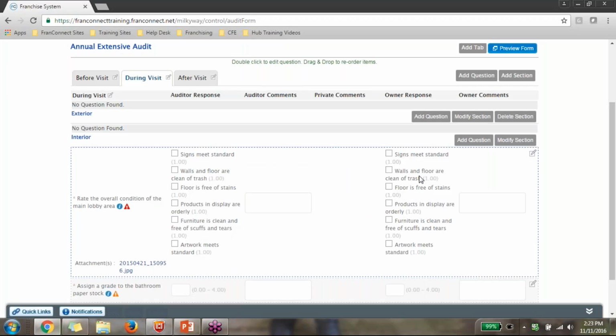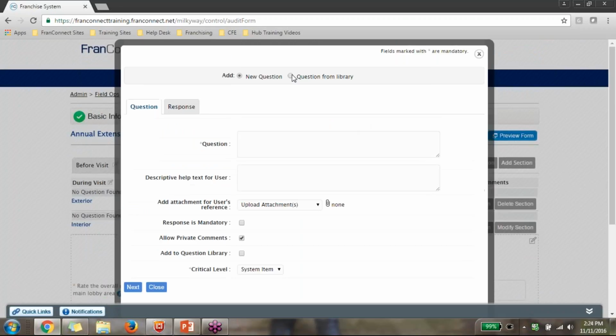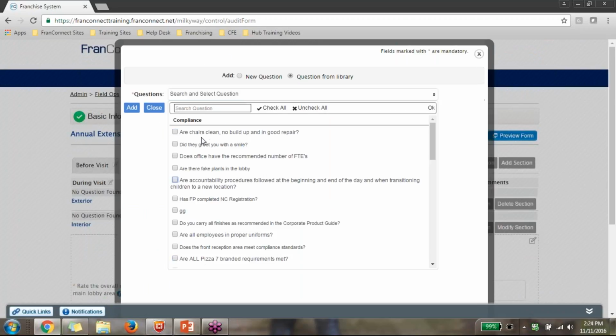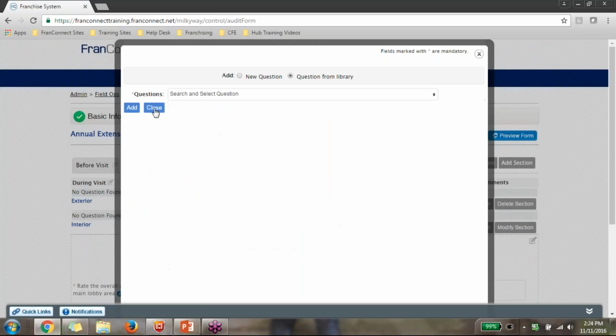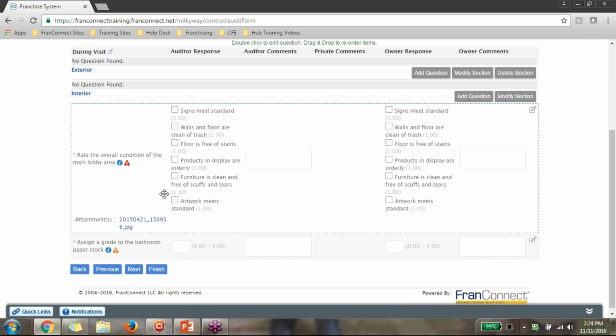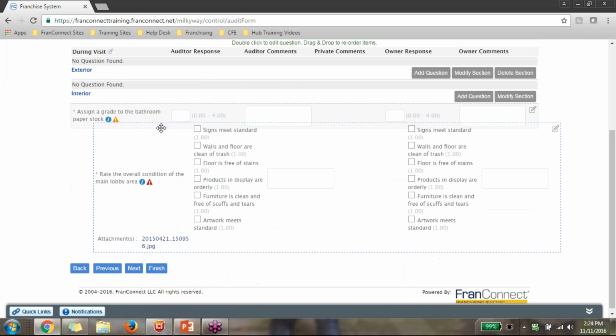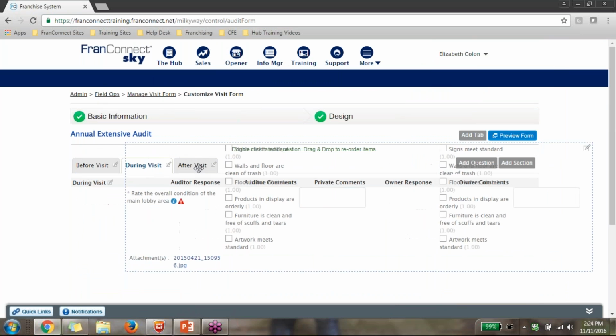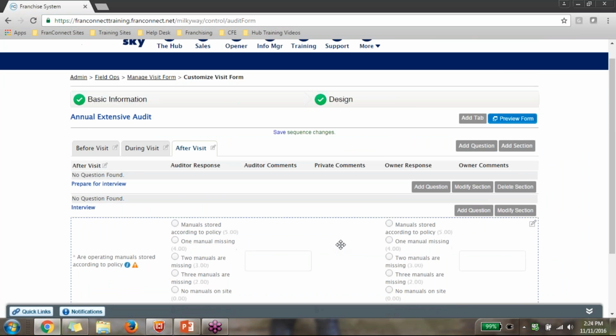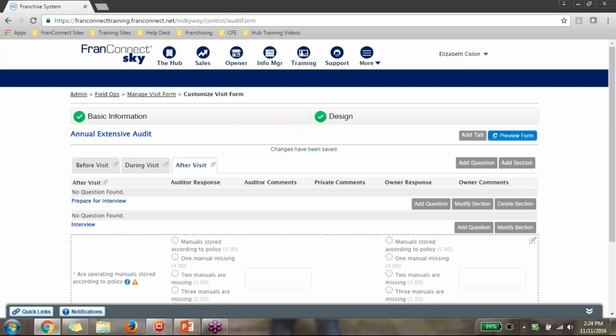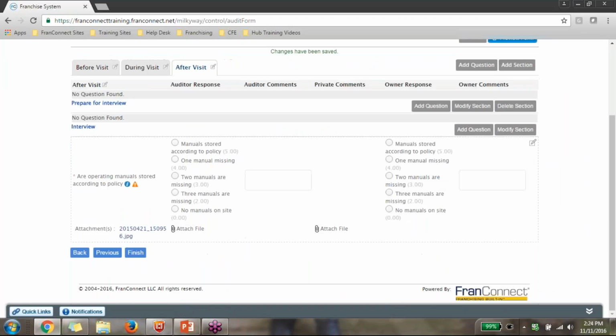So the only thing that I can think is when you click Add Question, for example, and you choose from library, if you set your questions up into categories, then that'll help you to pull your questions in by category. And I don't really know if that answers the question. But any of your questions can also be dragged and dropped and moved around, with the opportunity to drag them into a different section of the form. So I don't know if that answers your question. I may not be able to understand it. I may have to take a look at your system, or you may have to demo what it is that you're looking to do for me on a sidebar.